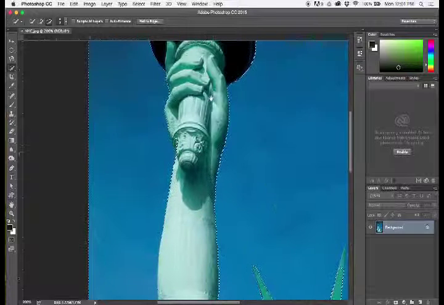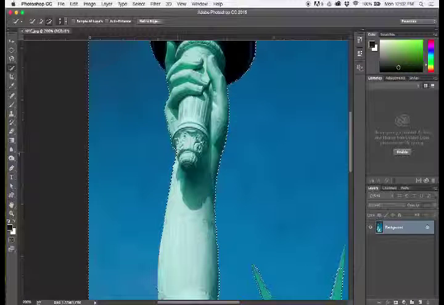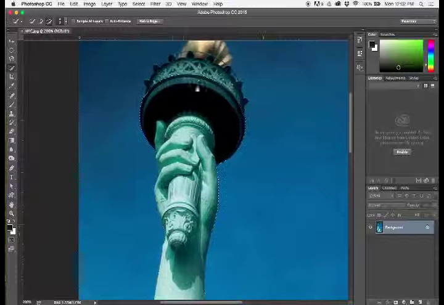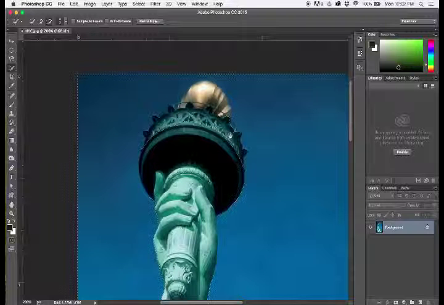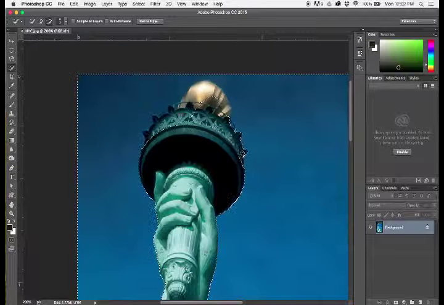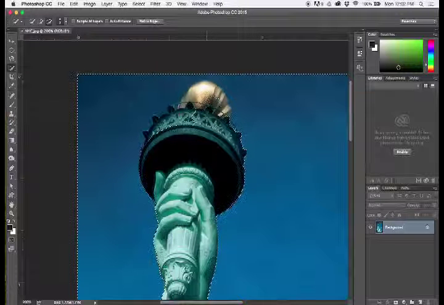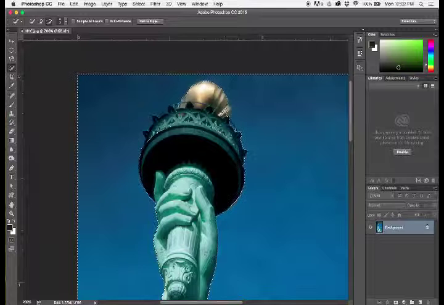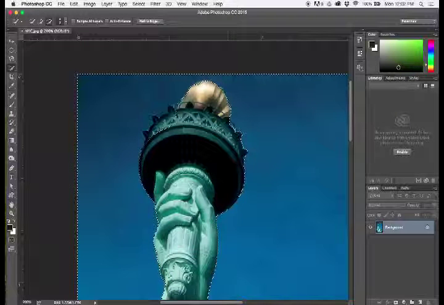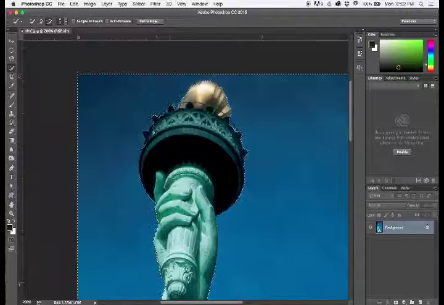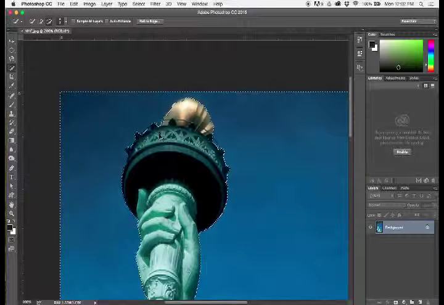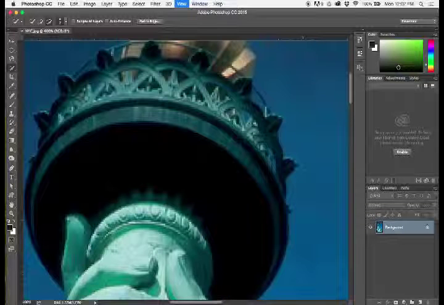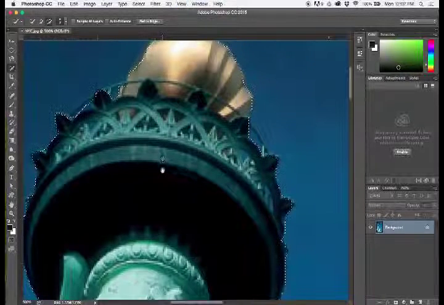Come up here. I want to get rid of that part right there. Minus the selection up here. We're just getting rid of that and getting rid of this over here so that we can fine-tune. Now up here you're going to see that, you know, we've got some problems, so we're just going to zoom in a little more. And just because I've started the selection with this tool